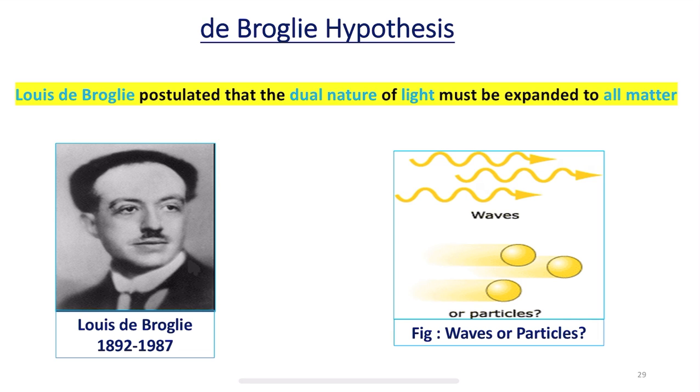Here we have a clear distinction. To explain the phenomena of interference and diffraction, we have to consider light as a wave. At the same time, to explain blackbody radiation and the photoelectric effect, we have to consider light as having particle character. Therefore, it was concluded that light has a particle nature as well as wave nature. That is, it has dual nature. This is what is called de Broglie's hypothesis. So we are considering light to have both particle nature as well as wave nature.